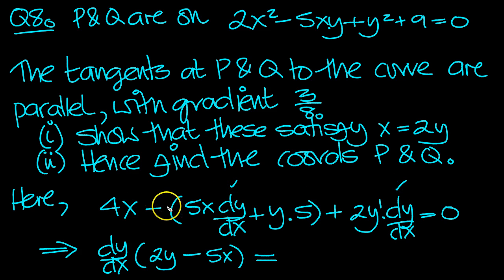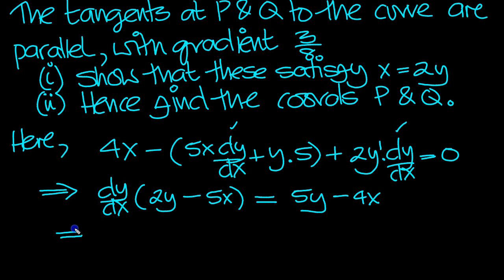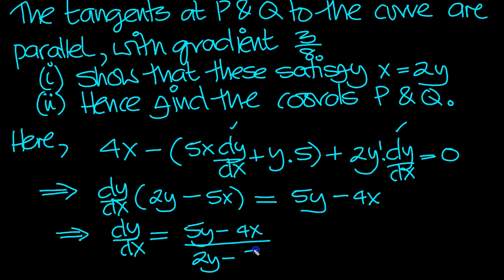Now the other two terms, we've got a minus 5y, move over there to a plus 5y, and then the 4x move over also to minus 4x. So that tells us then that dy/dx is equal to 5y minus 4x over 2y minus 5x, and that equals 3/8, doesn't it, the gradient at both